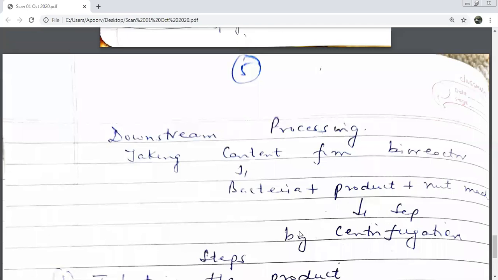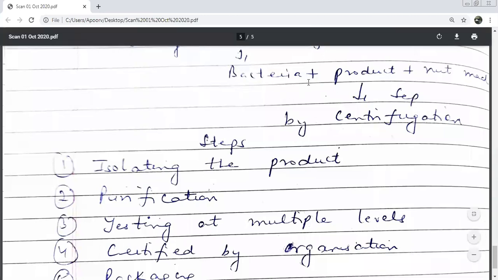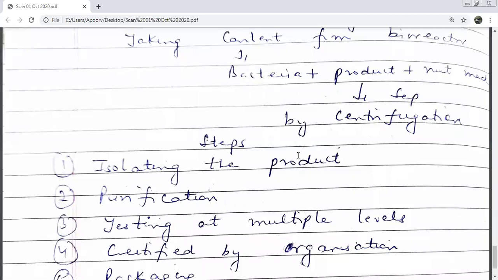Whether it is by stirring or by the air bubble sparging process, it is mixed now. Your purpose is to separate this. You only want the product, right? So we do centrifugation. By centrifugation, we separate or isolate the product. We have now started downstreaming. So the first step of downstreaming is isolating the product. Isolating the product from what? This bacteria and nutritive medium. From this, we separated only what we needed, that is your insulin producing gene in this case. I have isolated the product over here.